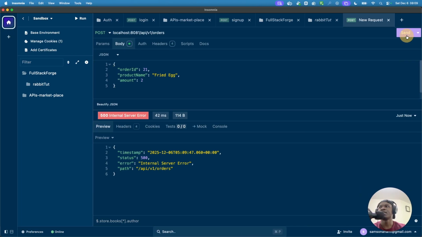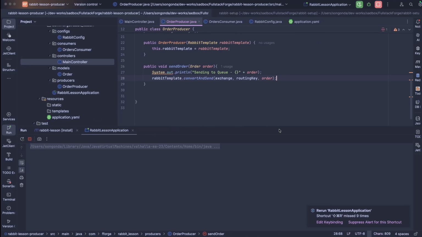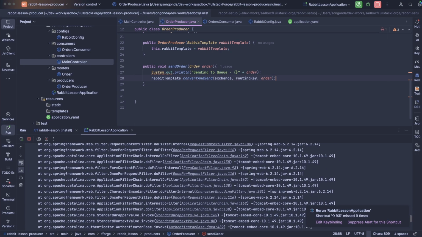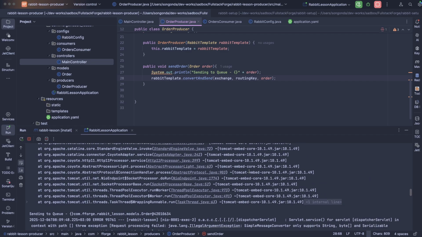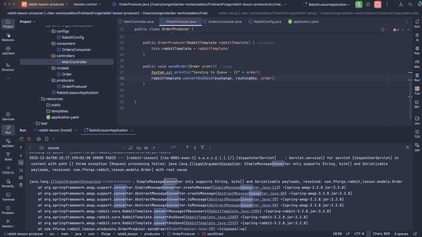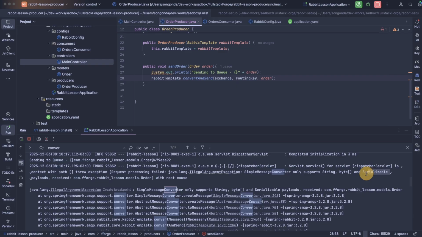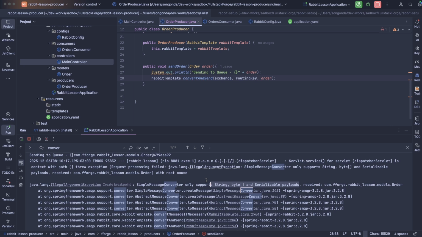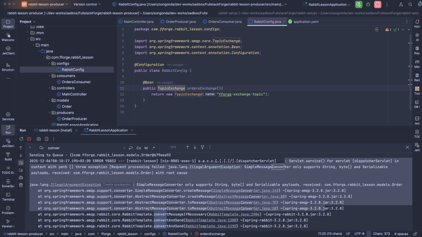So I'll just publish in here. Still loading, let it load fast. And then once it's, what is happening here? So let me see. I think it's complaining here about serialization, telling us that this model serialized payload, so it just needs, either you say this one is serializable, or you do the other thing. If you want to send us JSON, I think we can do JSON converter, but let's try to serialize this. So we can try to use JSON converter, message converter, to convert these to JSON before we send it to